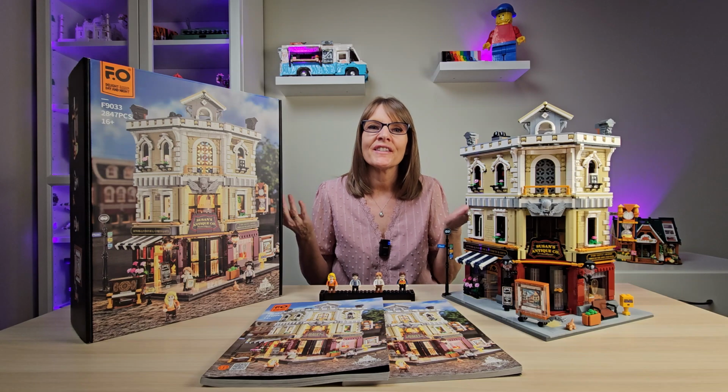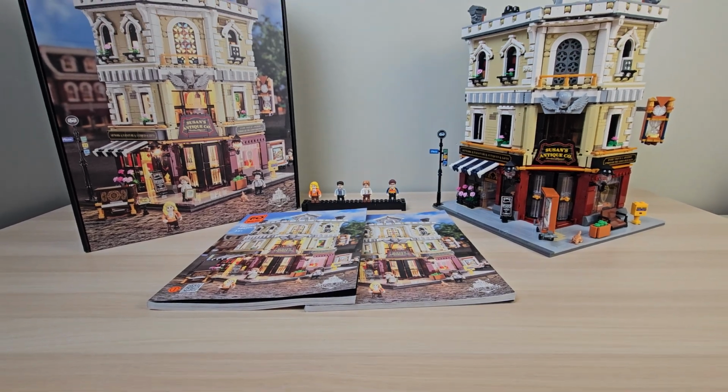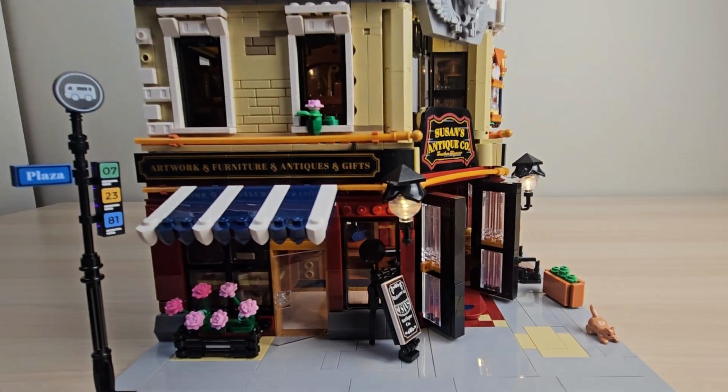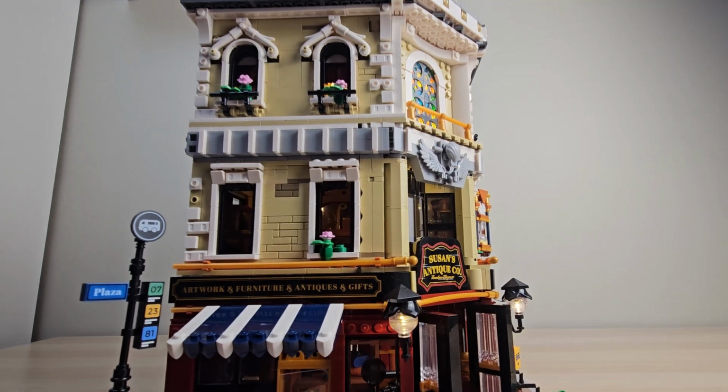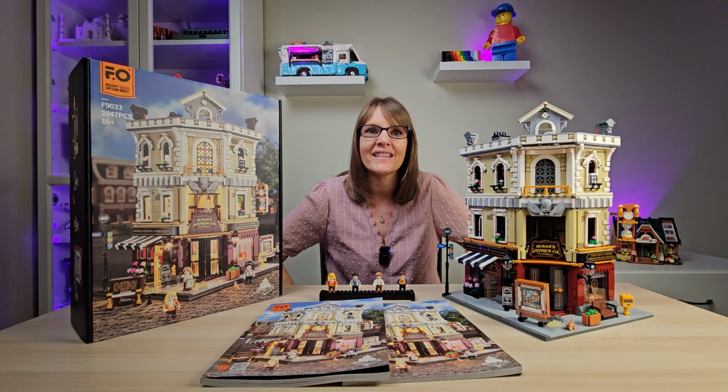Welcome in. I've got the FunWhole Antique Store. If you're a fan of modulars, this set is a game changer. Stick around and I'll tell you why this may be better than any Lego modular ever. I'm Stacy and this is...